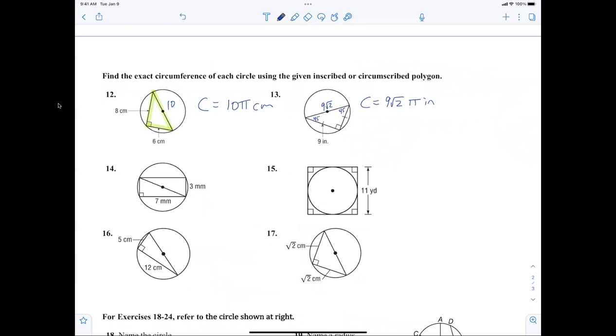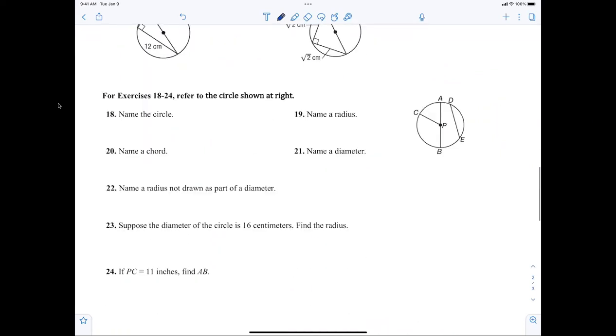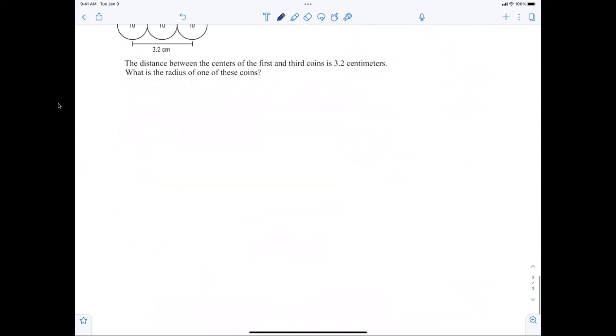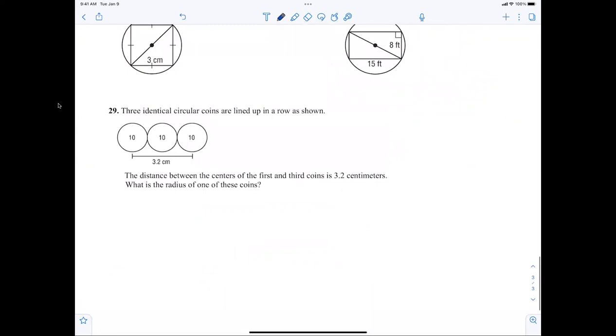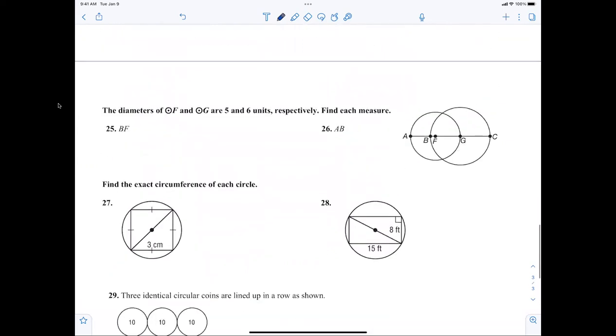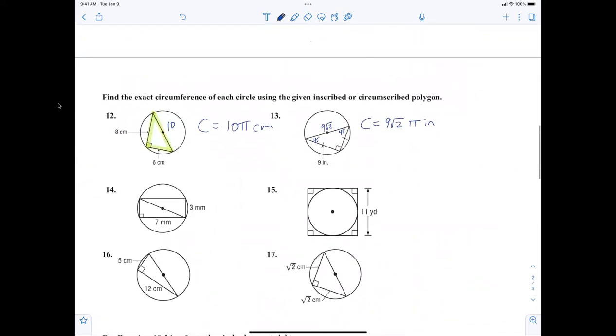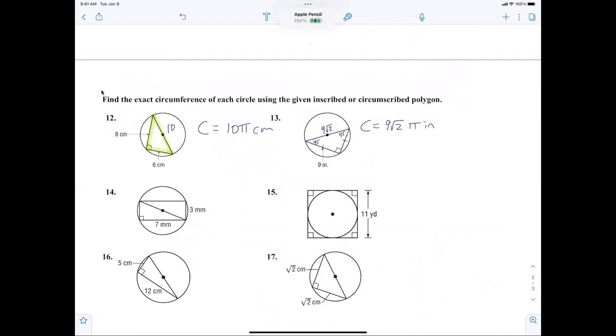All right, let me see if there's something more challenging here. No, I think I'm good. All right, that's the end for me. You guys finish up. What do you want me to say? No, let's just